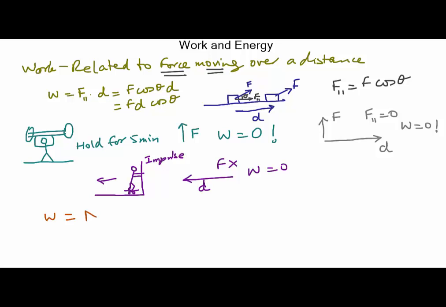F is measured in newtons. That's the unit of force in SI units. D, displacement or distance, is measured in meters. Cosine of theta has no units. So the unit of work is just newton meter,